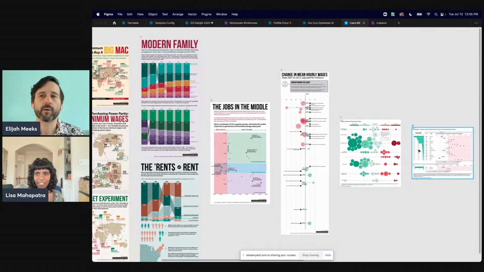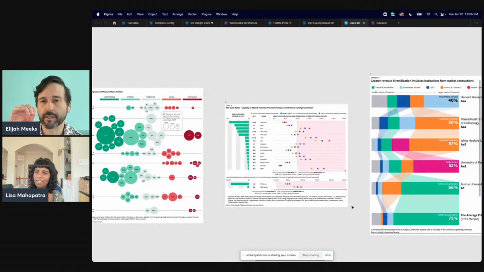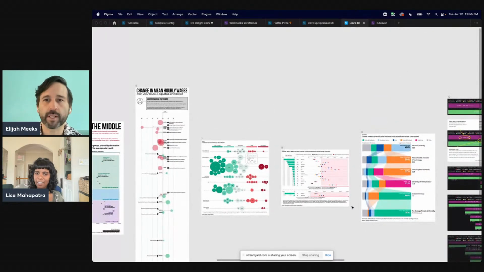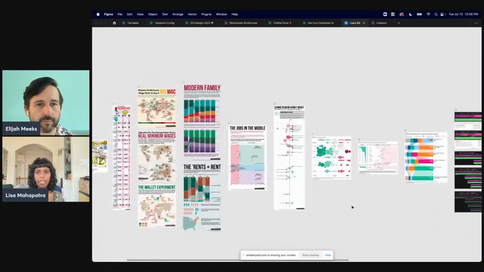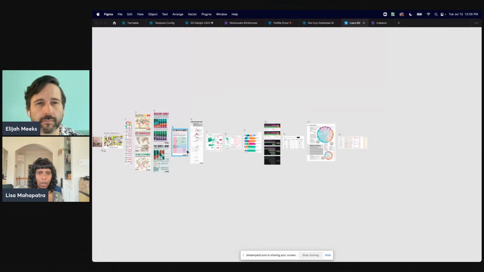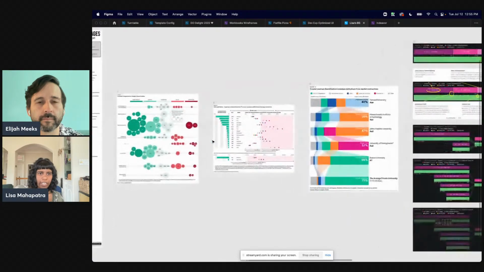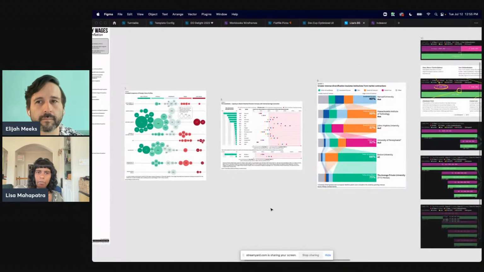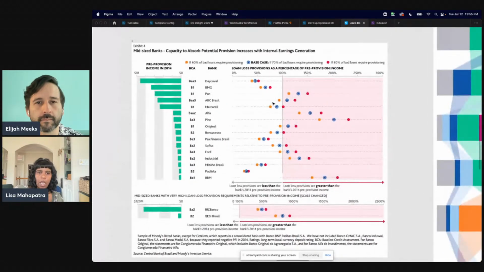I want to transition to some other subjects, but I want to give you one last chance to focus in on one thing here, or give a real quick review. Variation in visuals, like you can see a very strong progression from having a lot going on to less going on. Yeah. For example, these three visualizations here are things that I did for Moody's, where I was creating bespoke visualizations for them while